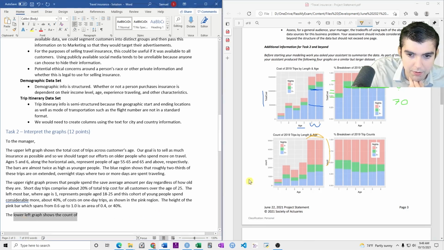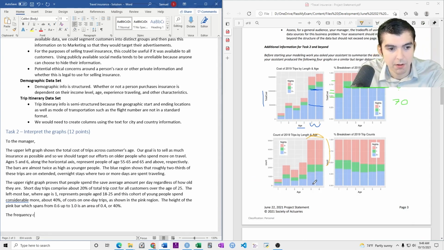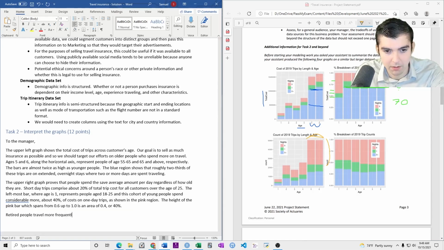So you'd say retired people, frequency of trips. Let's just say retired people travel more frequently, as well as spending more. The lower left graph shows a similar pattern to the upper left graph,